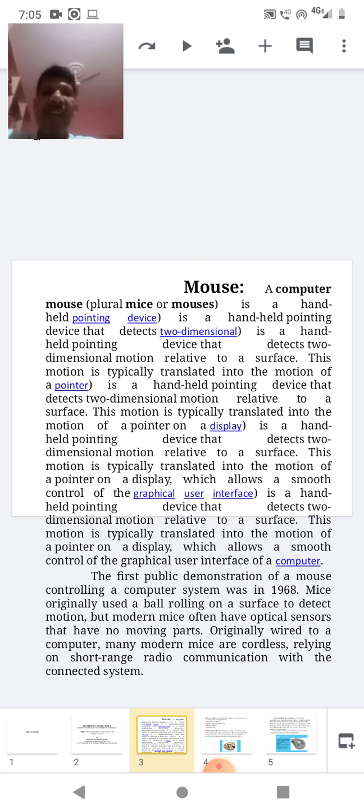Earlier, the mouse had a ball on its bottom and was wired. Presently, we are using optical mouses and wireless mouses also. Such wireless mouses work with the help of radio communication. That is wireless and wired mouses.